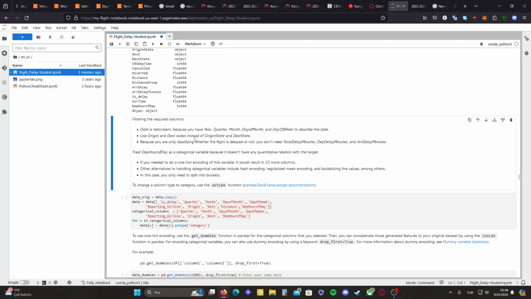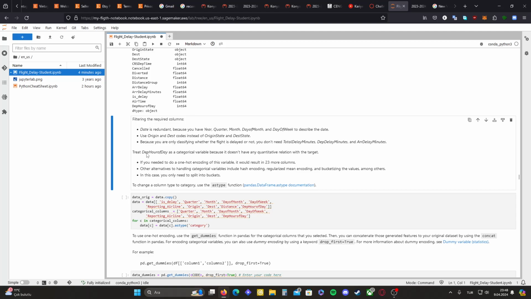Filtering the required columns, data is redundant because you have a year, quarter, month, day of week to describe the date. Use origin and destination code instead of origin state and destination state. Because you are only classifying whether the flight is delayed or not, you don't need total delay minutes, dep delay minutes, and